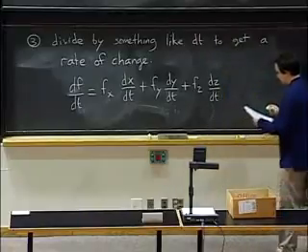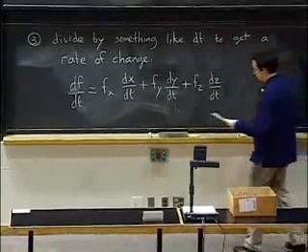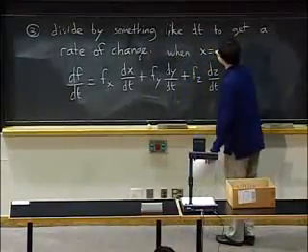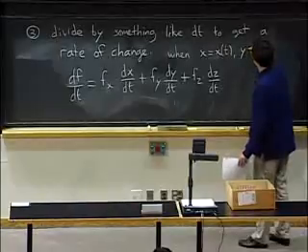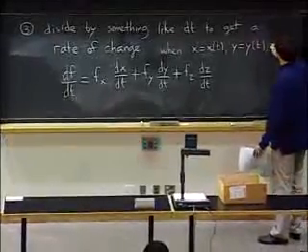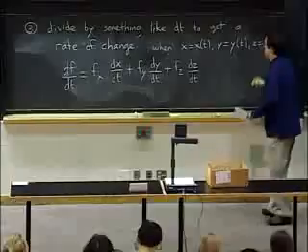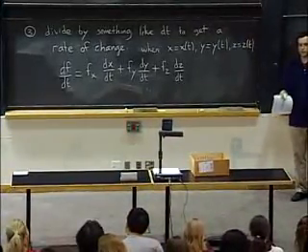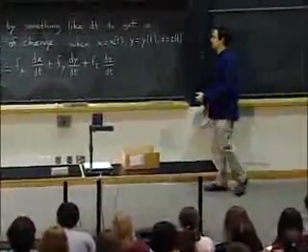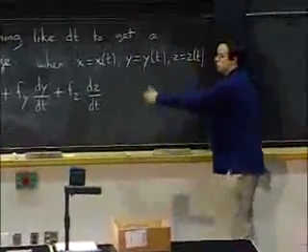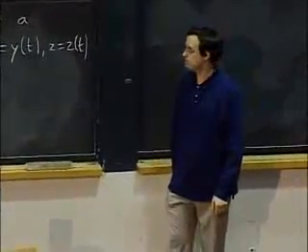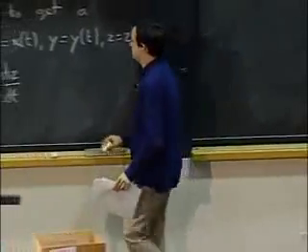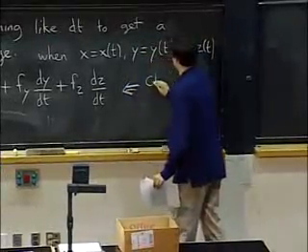And that corresponds to the situation where x is a function of t, y is a function of t, and z is a function of t. Then that means you can plug in these values into f to get the value of f, which will depend on t, and then you can find the rate of change with t of the value of f. Okay? So these are the basic rules. And this is known as the chain rule.